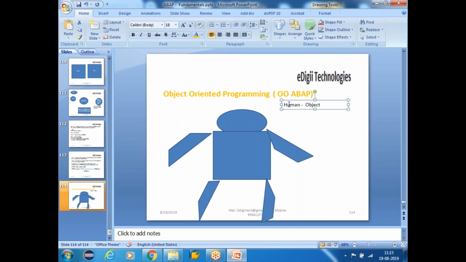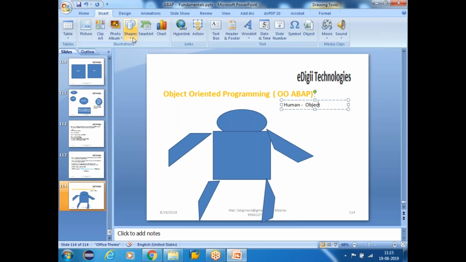If you want the human body to function, what are the main functions required? Maybe how the human body is built, how this object is built. So this object is built based on